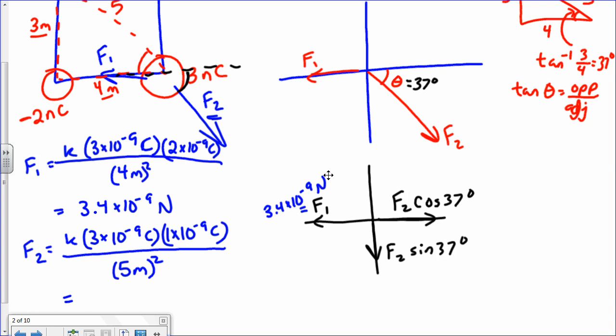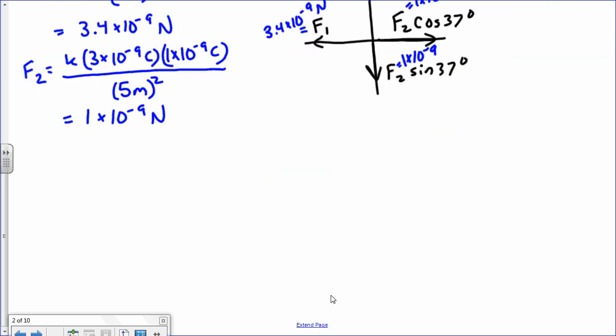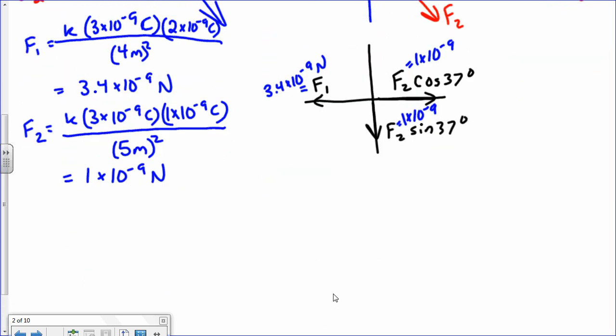I get 1 times 10 to the minus 9. I actually get 1.1. I should do 1 times 10 to the minus 9 newtons. So that means that this is equal to 1 times 10 to the minus 9, and this is equal to 1 times 10 to the minus 9. Okay? So now, if I plug this in,